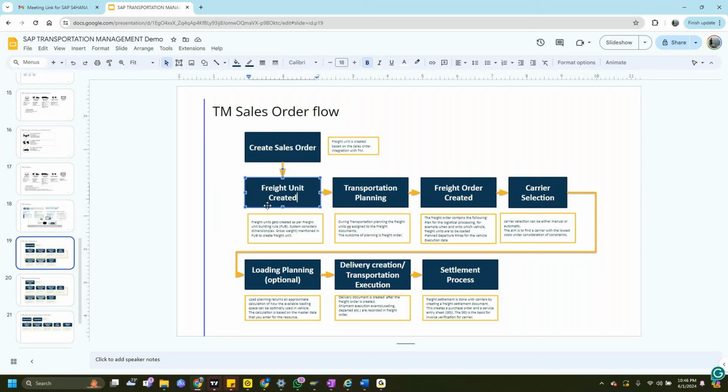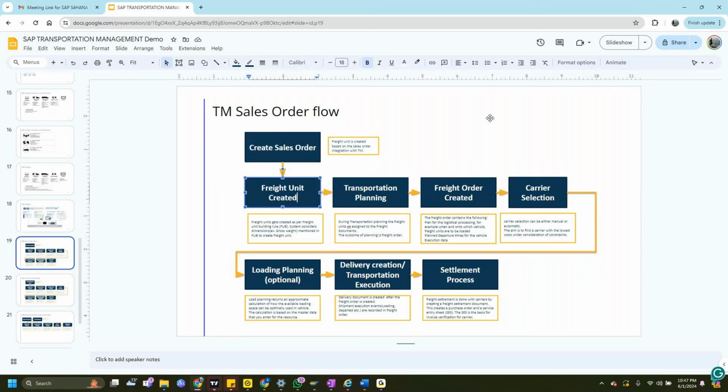Basically, let's say you are asking 20 ton of paper, right? Let's take a very simple example. 20 ton of paper. Then we say that 100 kgs will go into one carton, right? The carton box, you understand, right? A cardboard box. So 100 kgs of paper will go into one carton box. So that is a freight unit for us. So we have to build a system that 100 kgs into 200 boxes. That will make 20 ton, right? So we need to create freight units, each freight unit of 100 kgs or one carton box.